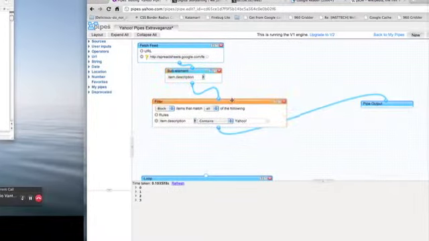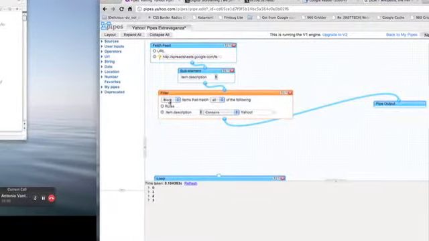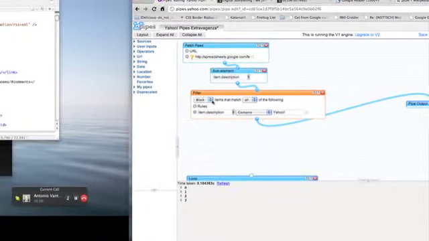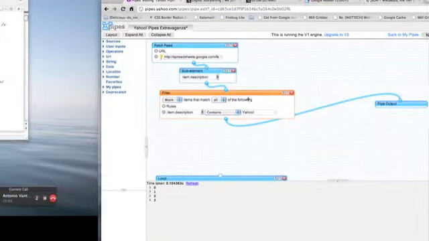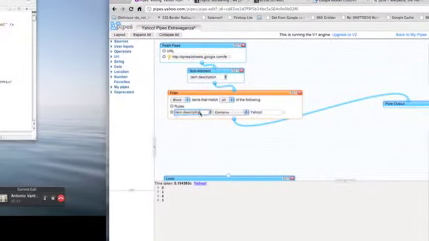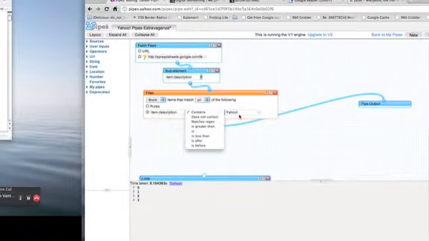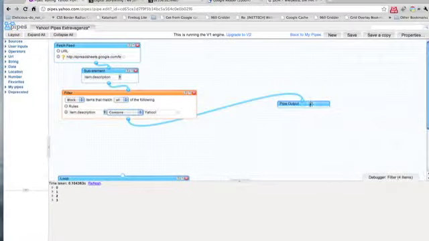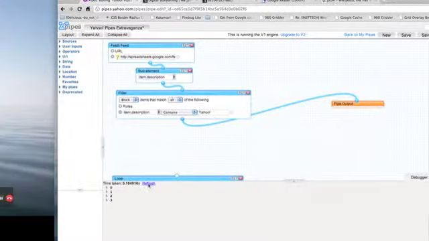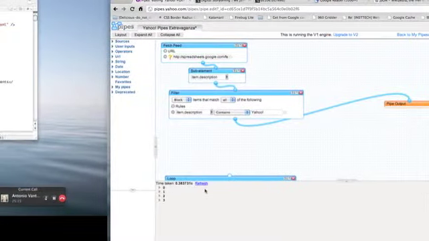item.description. And now I'm going to add a filter that tells Yahoo Pipes, I want you to block items that match all of the following rules. If the item description contains the word Yahoo, I want you to filter it out. And now you will see, if I refresh my pipe output,